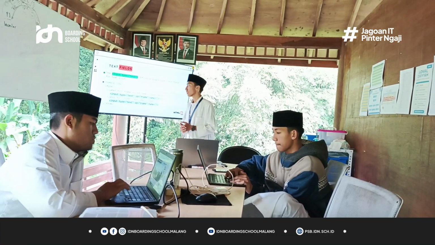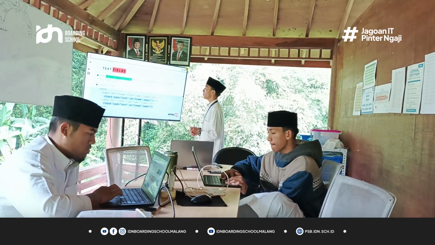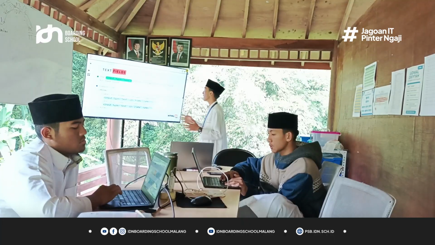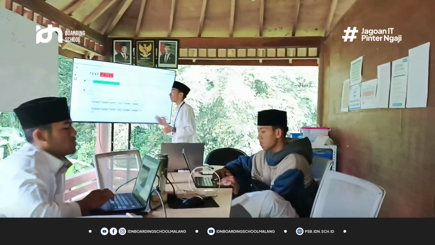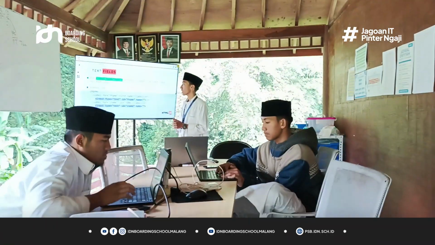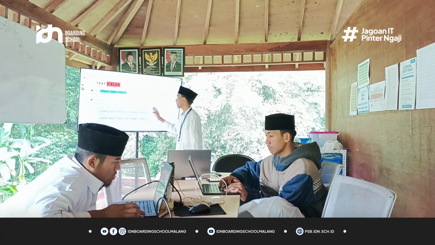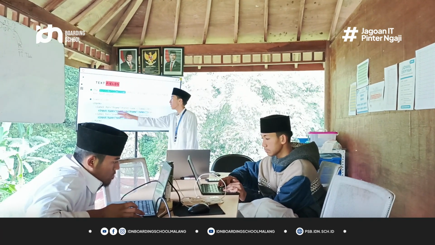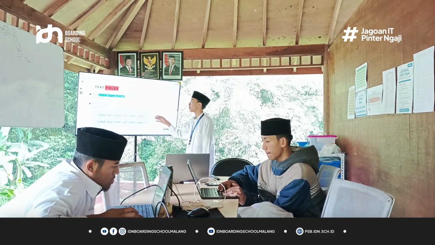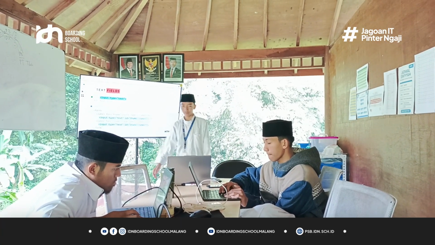And this is the text field. The input type text defines a single line input field for text input. Example part: for the label, for first name, the label is the label, and this is the input of the text field.